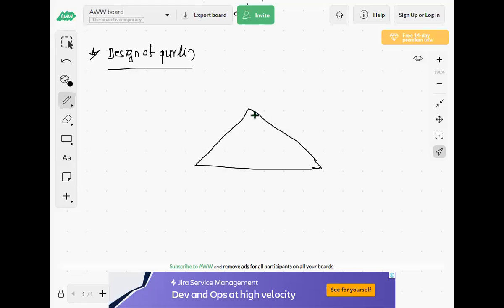The truss part is over, design of truss is over. Now at panel point, as I told you, at panel point we are providing these purlins. Angle purlins are there. Sometimes we are using channel purlins, or we can provide sometimes